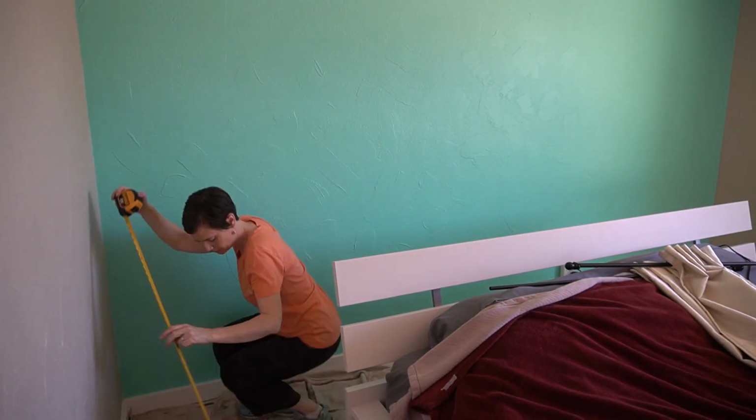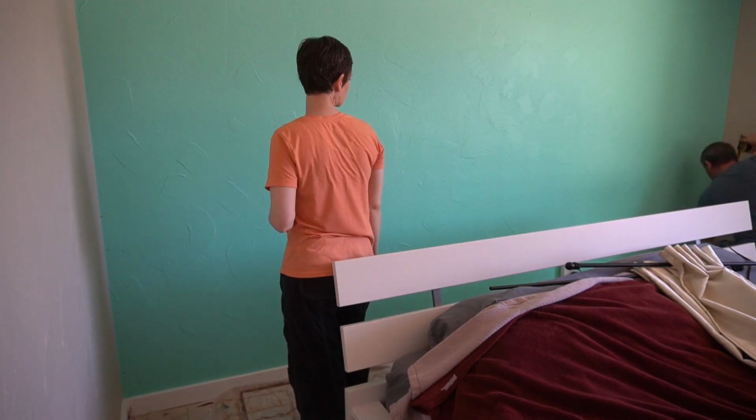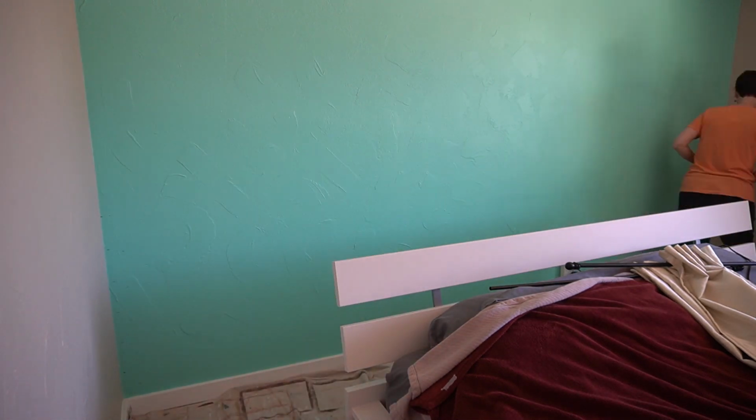I started by prepping the wall for faux by measuring and then snapping some chalk lines for the tape. I'm doing a weathered wood plank look in here, and I'm not going to finish it in this video, but